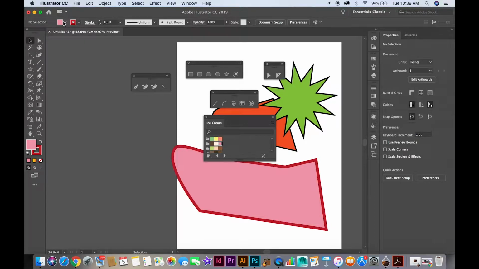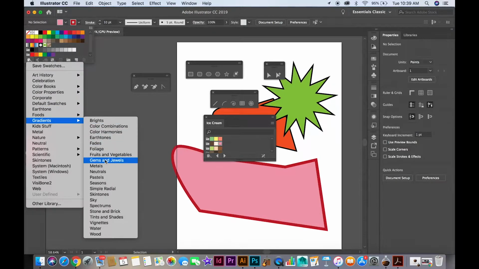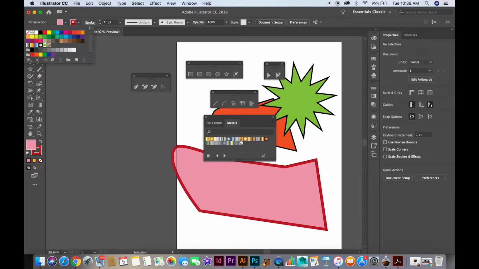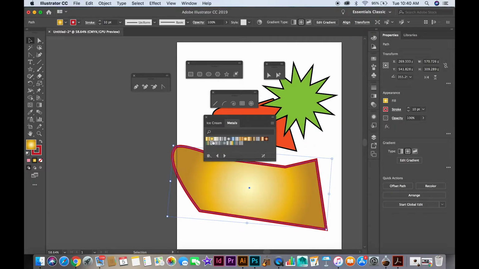The other cool thing under here is you've got straight swatches, but you also have gradients. Let's try some metal gradients, and then you can throw. Okay, that's a good thing. You have to be clicked on the object to change it, and you've got access to a bunch of gradients. In the next lesson, we'll go over how to actually change and play around with gradients and different things. But that gets you started on making your fun with